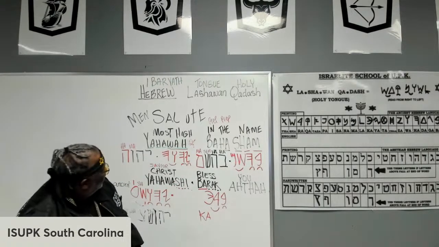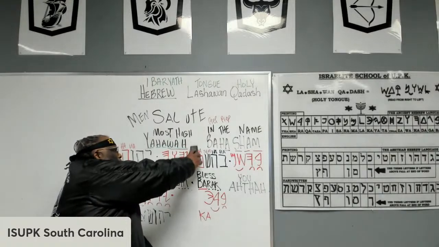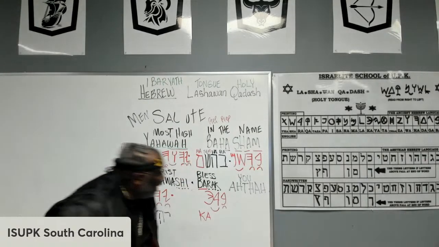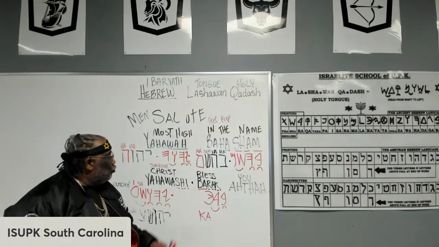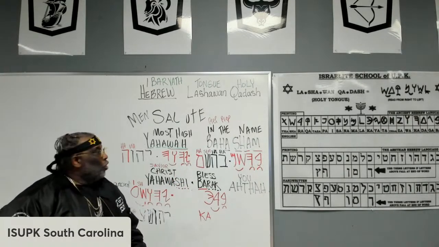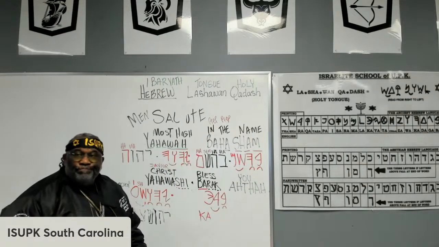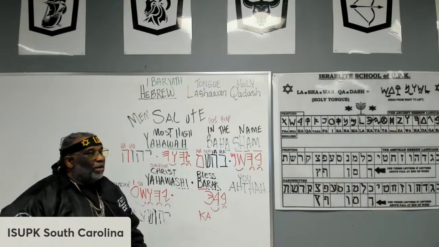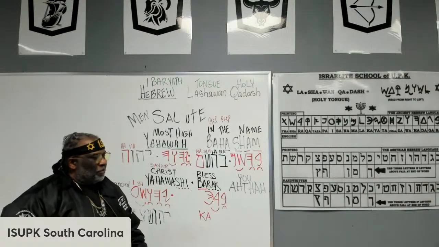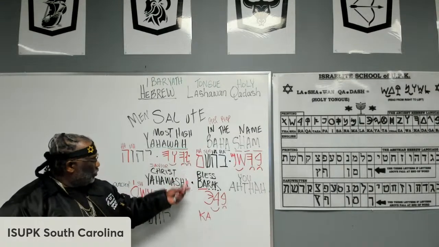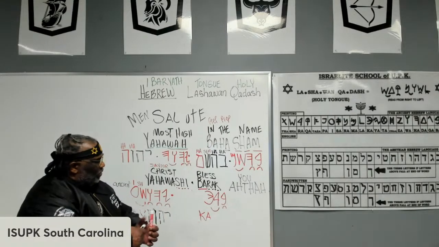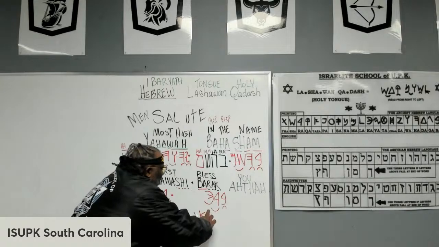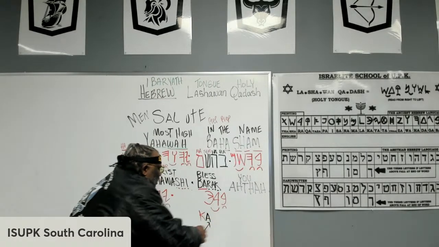Here, we don't need this either. I'm being very mundane about it, taking my time, because a lot of people say, "Oh man, why don't they move on to something else?" Listen, if you can understand something as simple as this right here, you can break down any word. You don't need a whole lot of explanation of different things. All you need is some simplicity, just how you break down words. Now, I don't need this sound right here. Matter of fact, I'll put it in black right here so people can see it. I don't need that